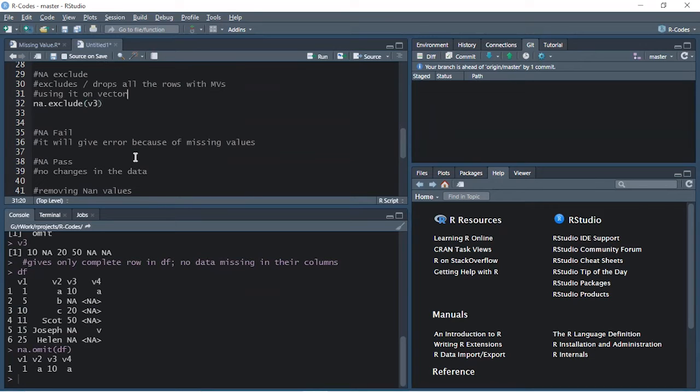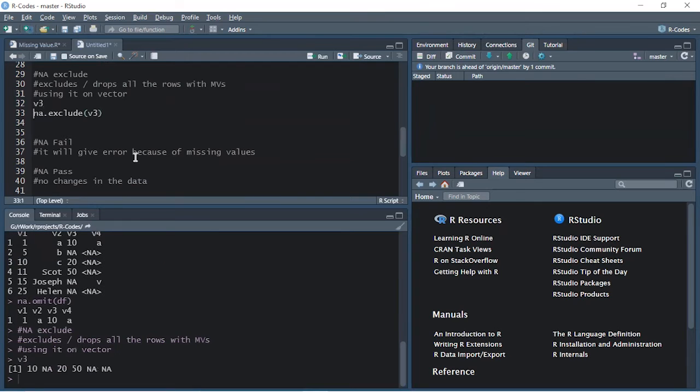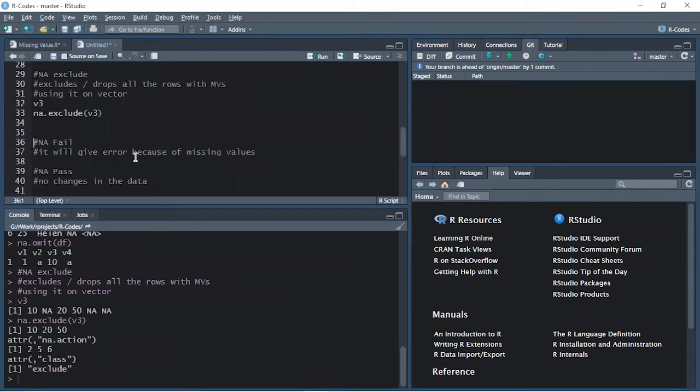Before executing this, let's see what v3 actually is. So v3 has 6 values, 3 of them are complete, 3 NAs. So if I say na.exclude v3, what does it give me? It gives all those complete values, then the positions of the missing values, and the function that we have used, that is exclude.